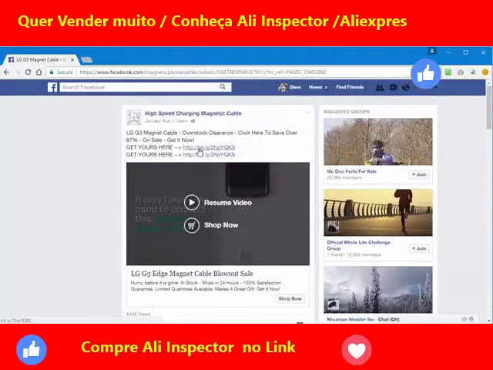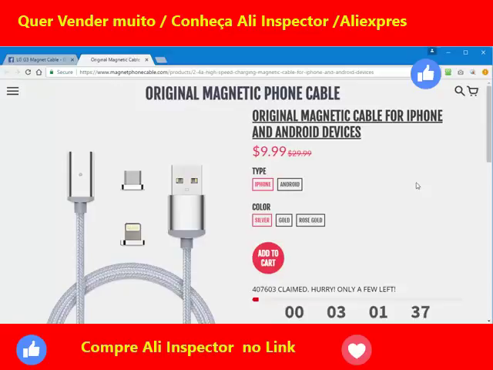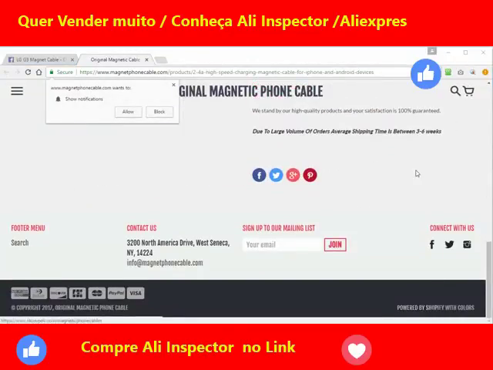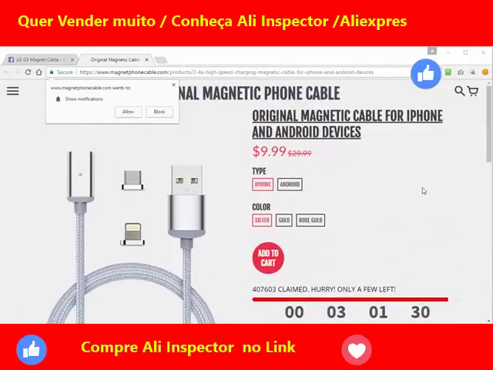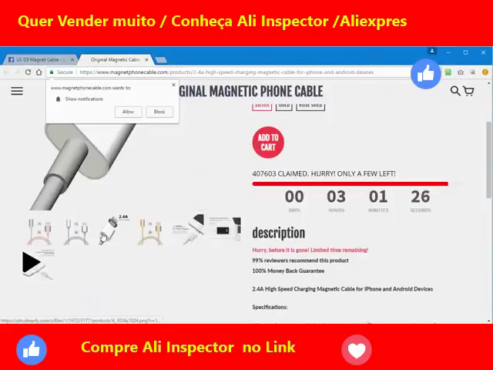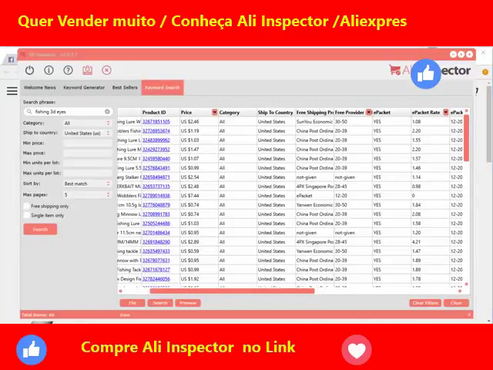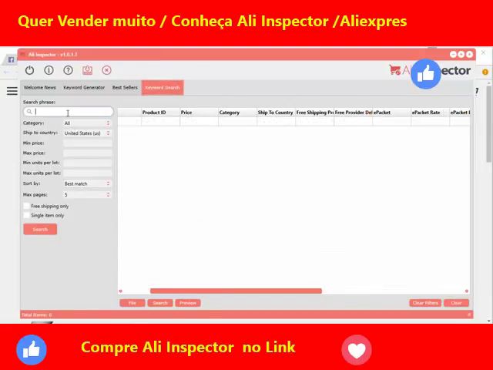And if you click on this, it goes to their store. Now if you look carefully down here, this is a Shopify store, and they're selling this for $9.99, $10. Well, I actually saw this image right here on AliExpress. So let's use the Ali Inspector to try and find that product. Let's just clear this out here and type in magnetic charging cable. And I'm going to select